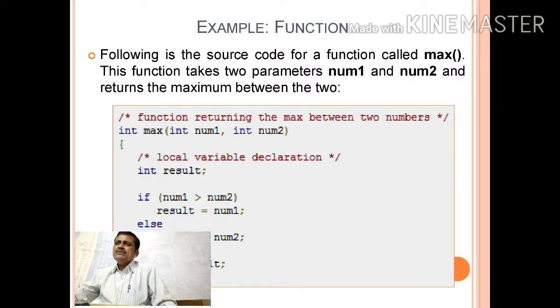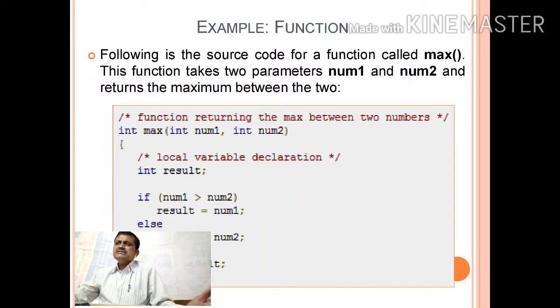Now the local variable is integer result. If number 1 is greater than number 2, then result is equal to number 1, means the maximum value is assigned to the result, else the result will hold the value of number 2. This is how you can find the maximum value using the max function.